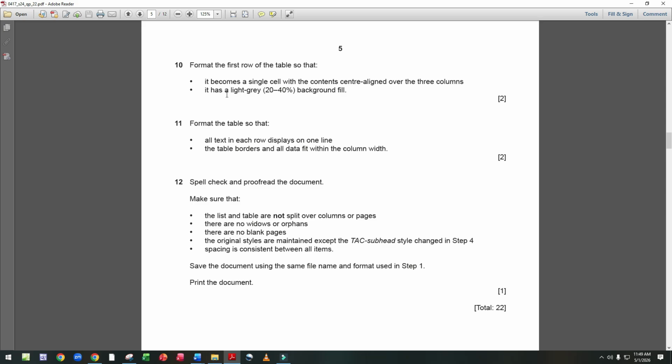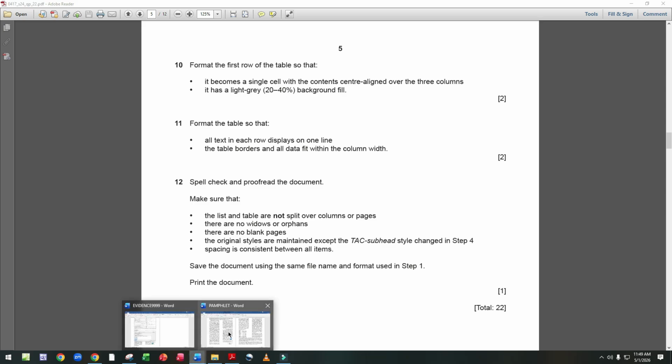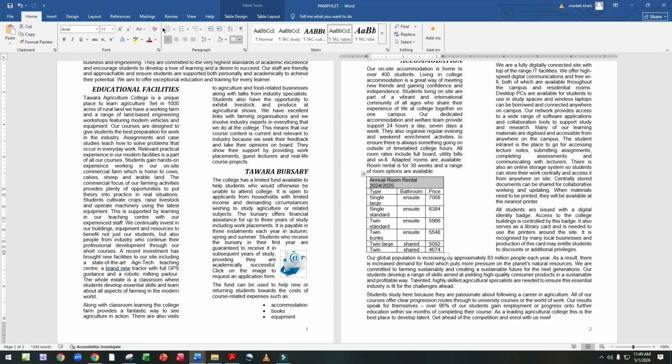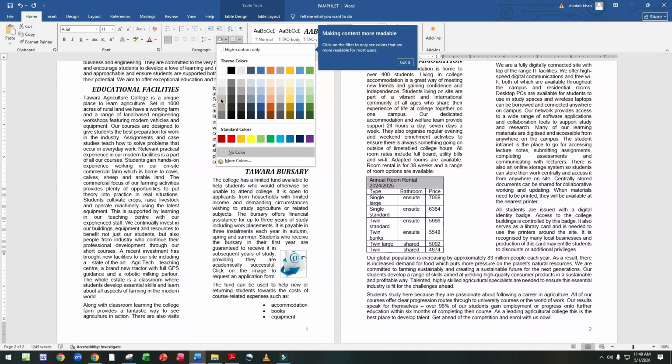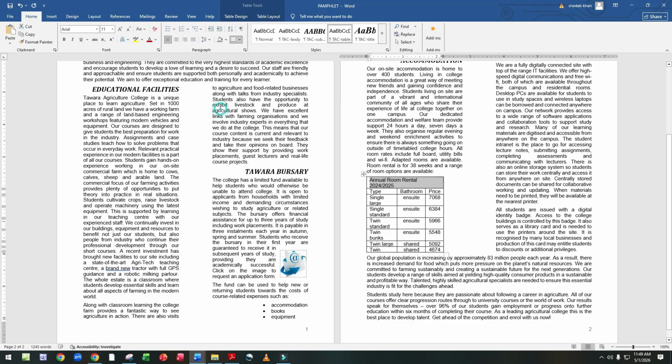It has a light gray 20 to 40% background fill. Now we click on home, color, light gray up to 40 to 25%.